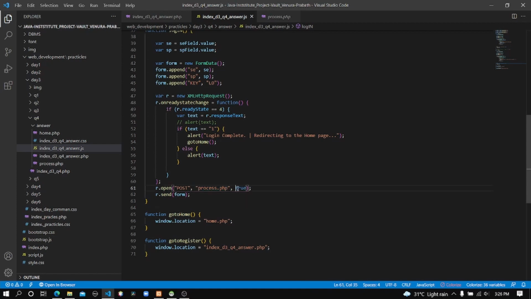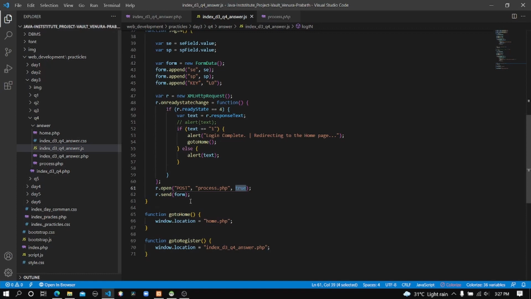And after that, you can see true means we are using the Ajax method. If you use the false keyword, it will send this data using Sajax technology. There are two technologies called Ajax and Sajax, but I'm not going to talk about the difference between those technologies in this video, but for now I'm using the Ajax method.